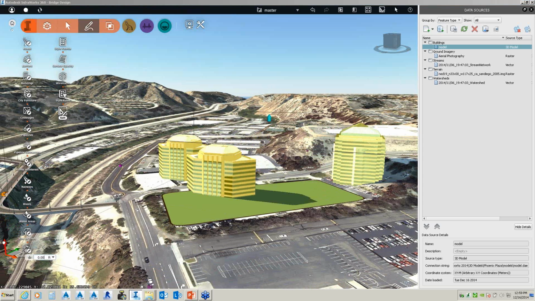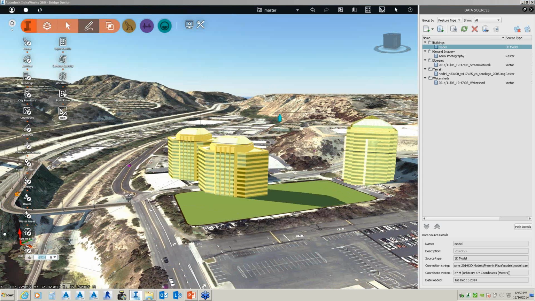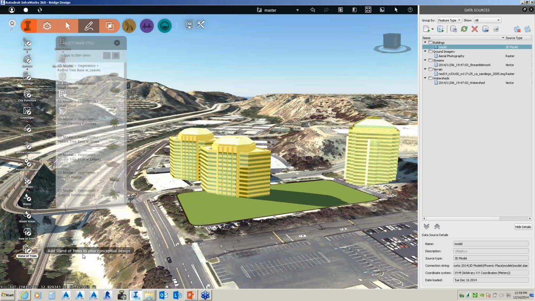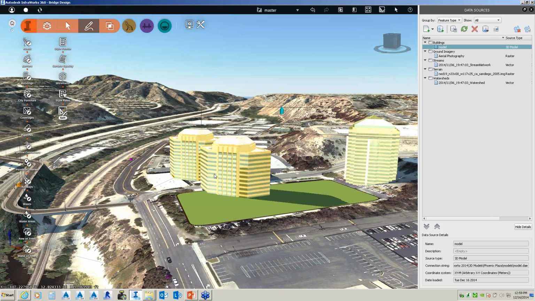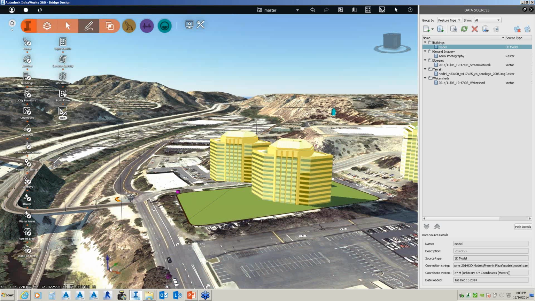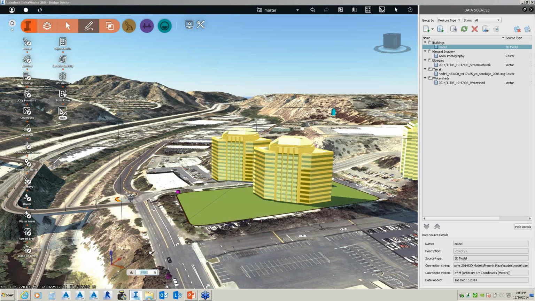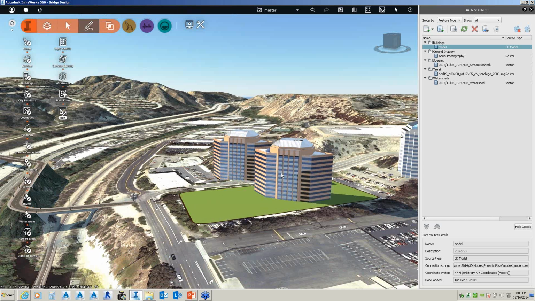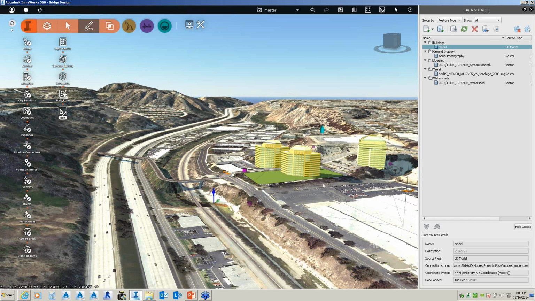Yeah, bring this over. And then just drag that over a little bit. And move this over here, and you kind of get the idea of what you can create in reference to different sites.